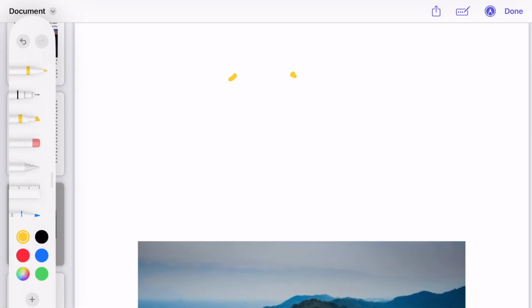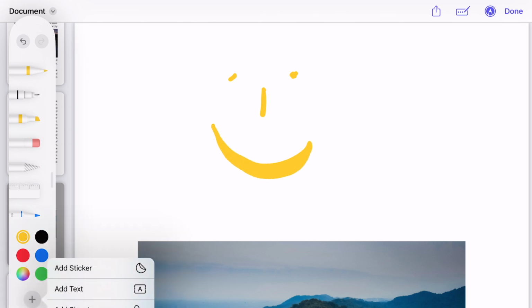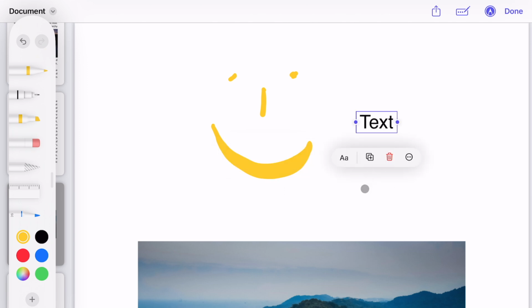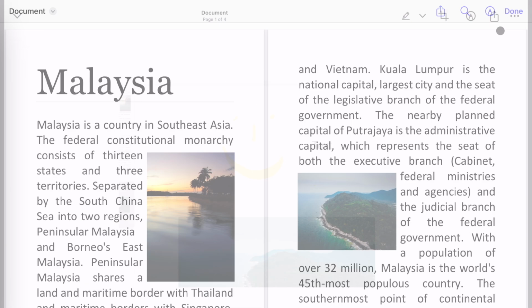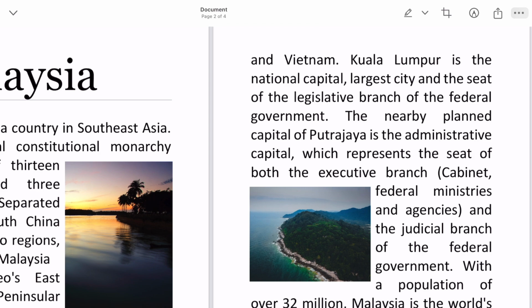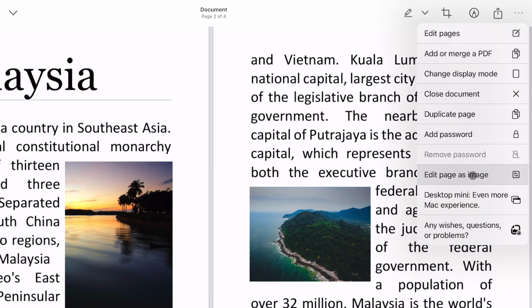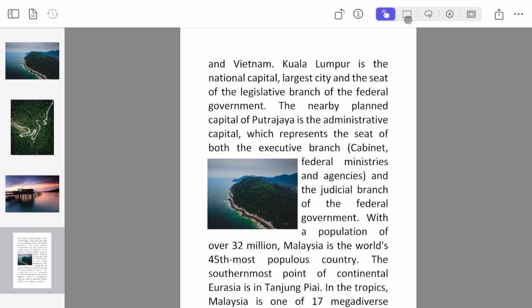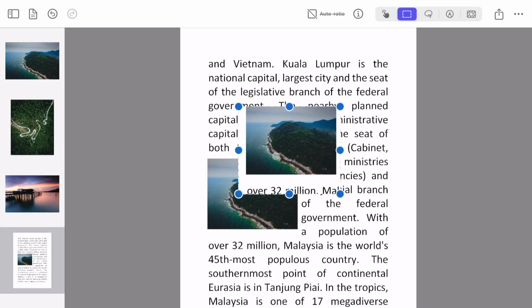Draw onto the document or sign it with your Apple Pencil. Also, you can add texts and shapes. Now you can import the current page as image to edit it on the image desktop as well. If you're finished, simply tap the Share button to export your work.